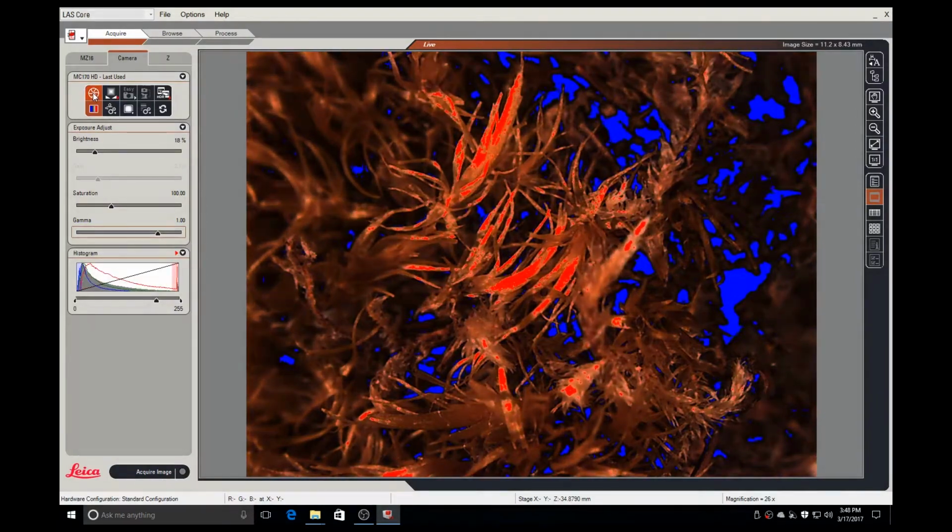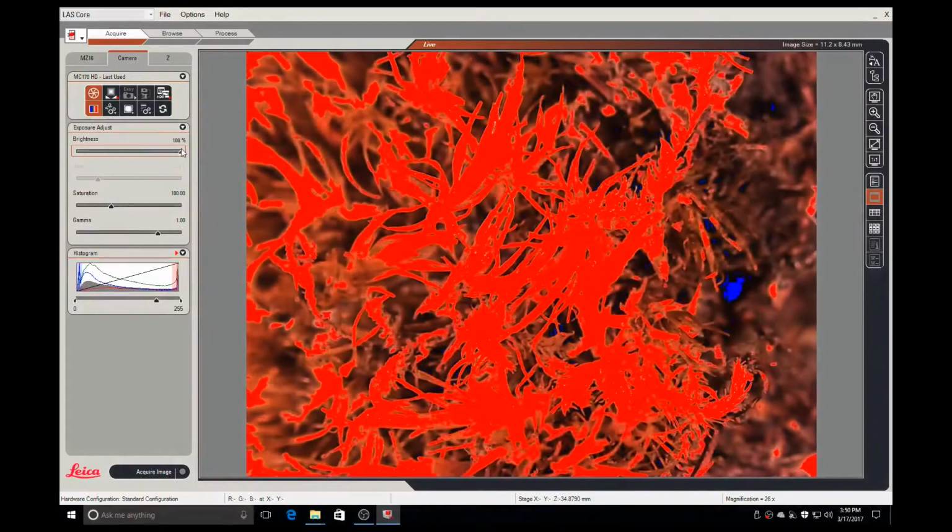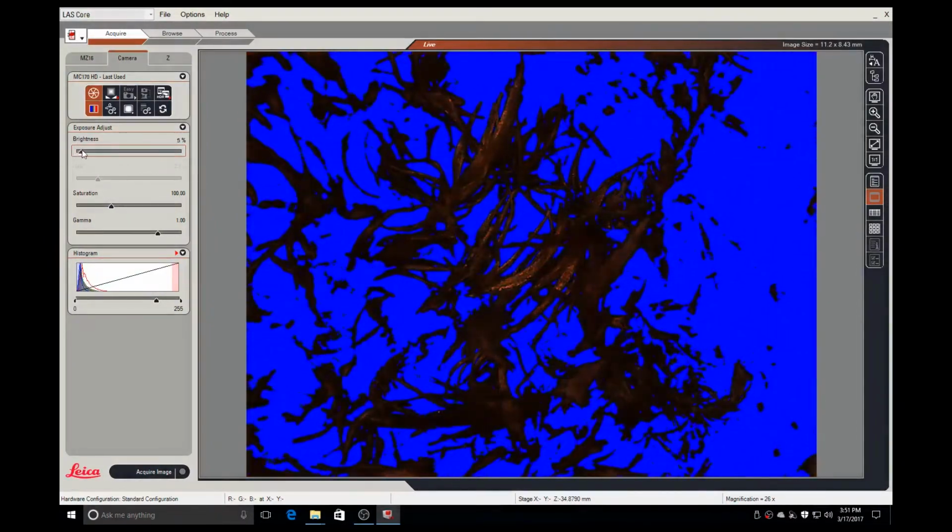You should now see 3 user adjustment sliders: brightness, saturation, and gamma. All 3 adjustments are crucial in producing high-quality images. Brightness adjusts how light or dark the incoming image will be by changing how long the camera's aperture remains open to capture each image. At this point, increasing and decreasing the brightness will increase and decrease the prevalence of red